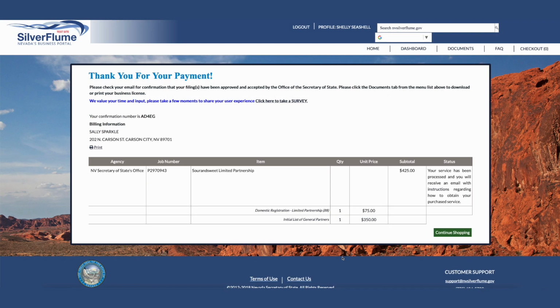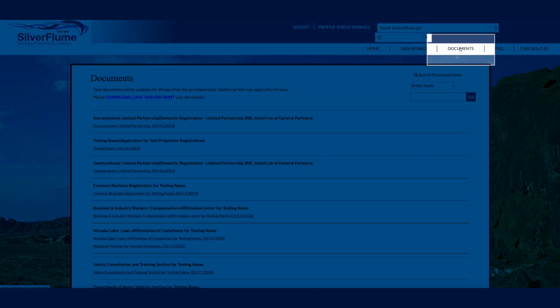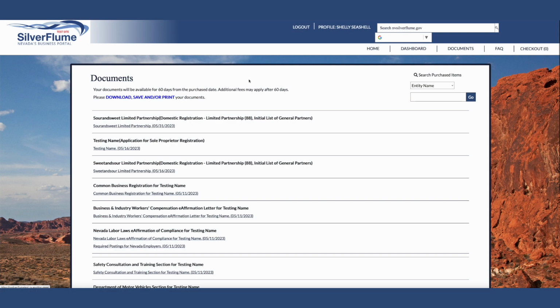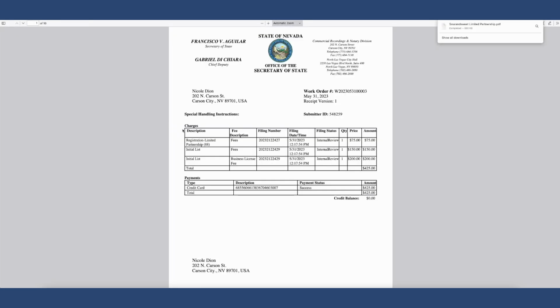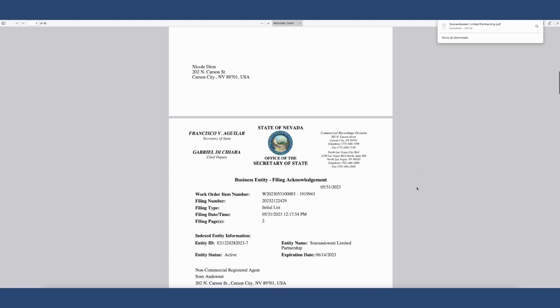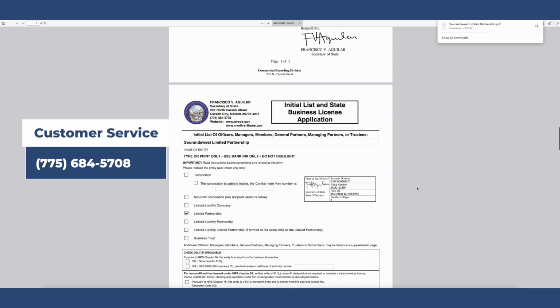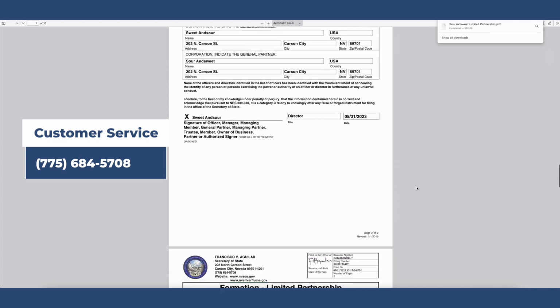The documents will be able to be downloaded and/or printed from the Documents tab at the top of the Silverflume homepage. Please note that the documents must be printed and/or downloaded within 60 days from the time of filing. If the documents are not downloaded or printed, you will be responsible for fees to obtain duplicate copies. If you cannot view your documents within the 60-day time frame, please contact customer service at